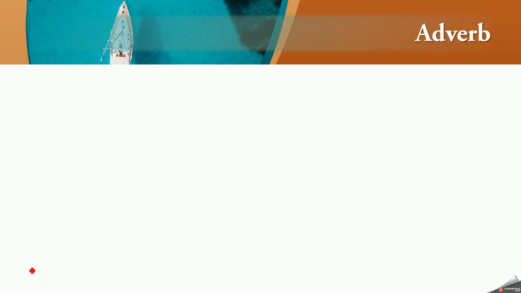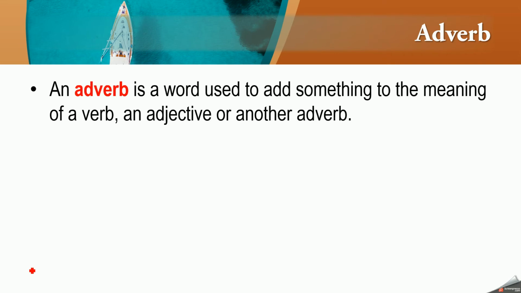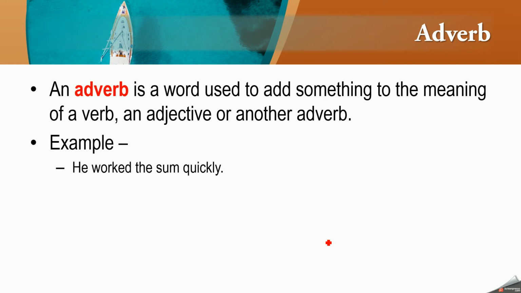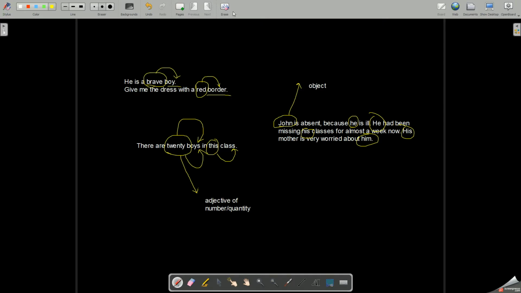Next, adverb. We have seen adjectives, those words which describe nouns. So adverbs are words which describe a verb, an adjective or another adverb. So how they work, we will be seeing it. He worked the sum quickly. How did he work the sum? Quickly. So if I write it over here,